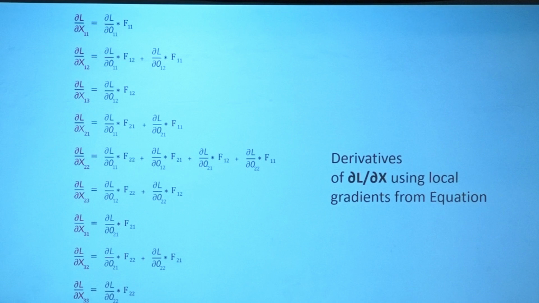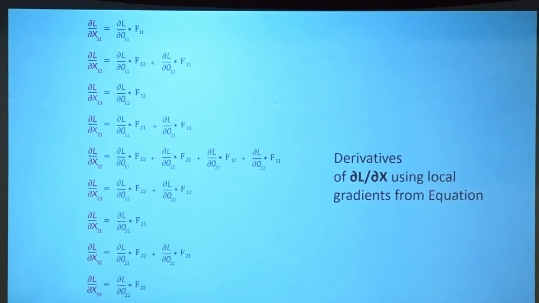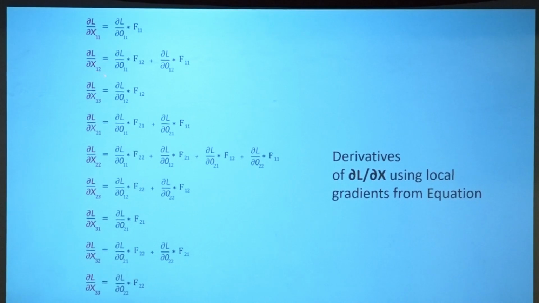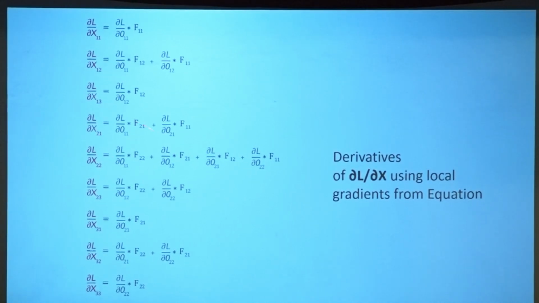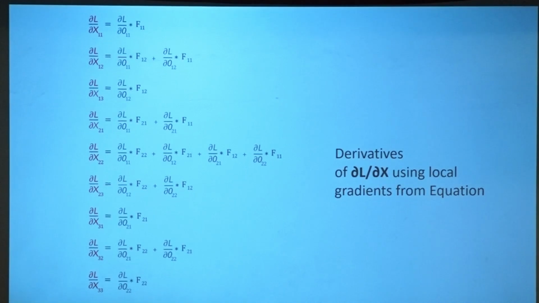Now just look at these equations. How are these equations? This one is simply a multiplicative term, and the ones for x12, x22 are the addition of 2 multiplicative terms, and this one is the addition of 4 multiplicative terms. My input is a 3 by 3 matrix, the filter is a 2 by 2, and the output gradient which I obtained is also 2 by 2, the loss from the previous layer.